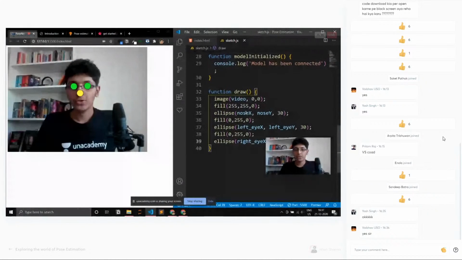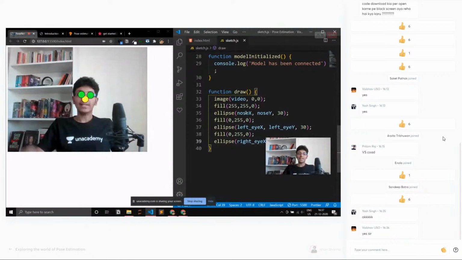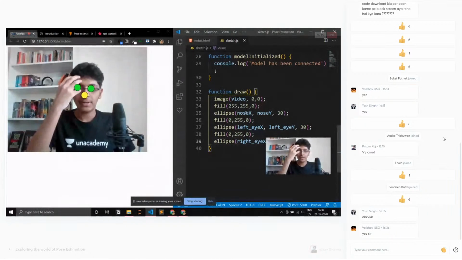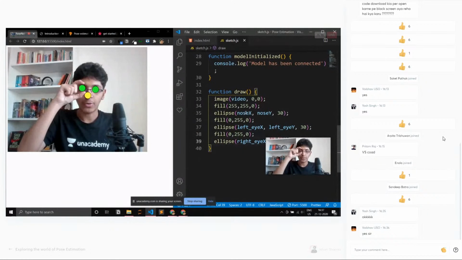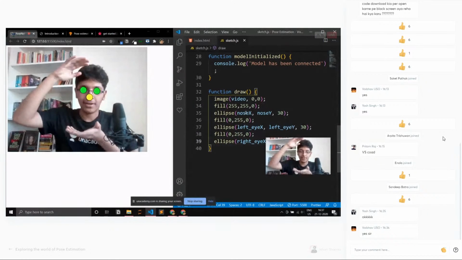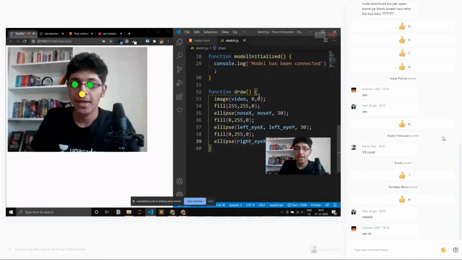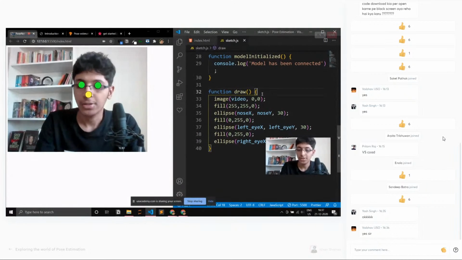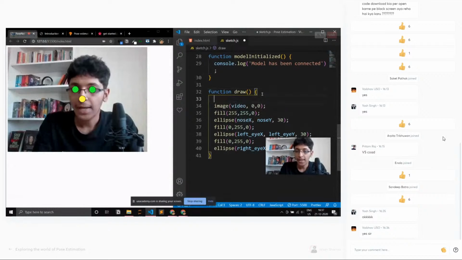To make sure that these don't increase in size, because if I move really far back, this would actually increase a lot more. This would become like this big. So we don't want that to happen. We want it to remain pretty much constant. So I'll do this. I'll say